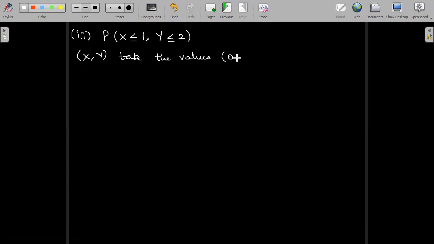First I will fix x is equal to 0 and y equal to 0. X is 0, y 1. X is 0, y 2. Y less than or equal to 2. Next possible cases, x is fixed as 1. Vary the y. Y is 0, y is 1 and y is 2. And they are respectively